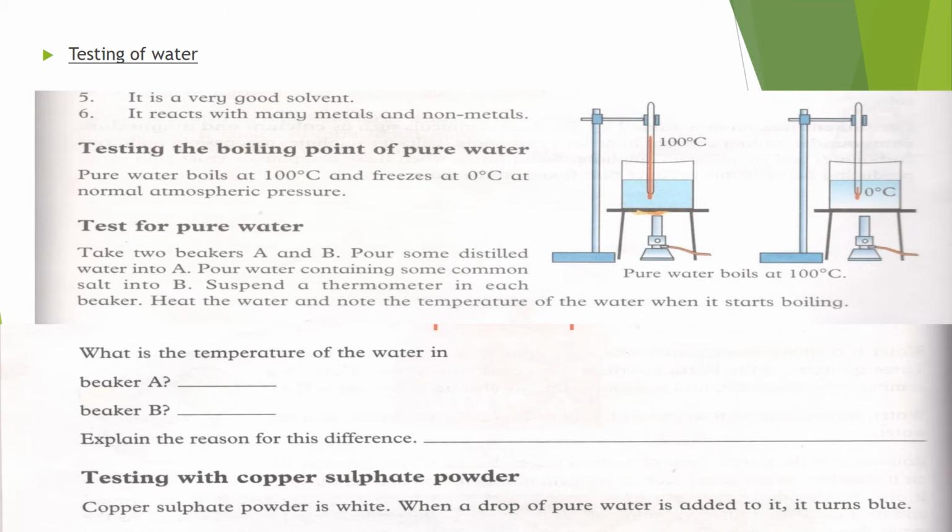What is the temperature of the water in beaker A? Beaker A water boils at 100 degrees, while the water in beaker B boils at a higher temperature because it involves some impurities. Testing with copper sulfate powder. Copper sulfate powder is usually white in color, but when a drop of water is added,